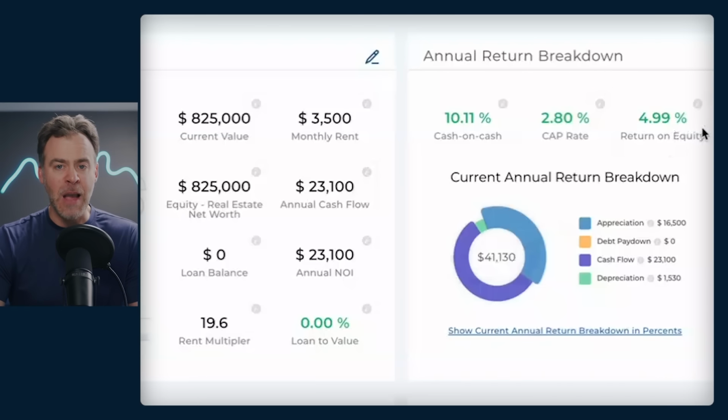So I talk about opportunity cost. If you're making a 5% return on $825,000, what's your reaction to that? Well, for me personally, if my return on equity is below the historic stock market return, about 10%, I am personally not a happy camper. Now, there's another mindset in real estate that, hey, I have a paid off rental property,